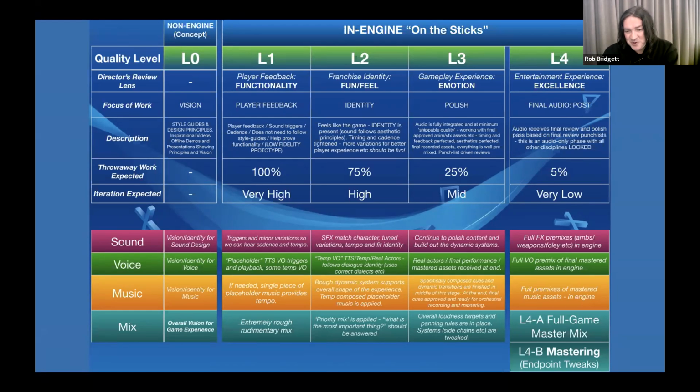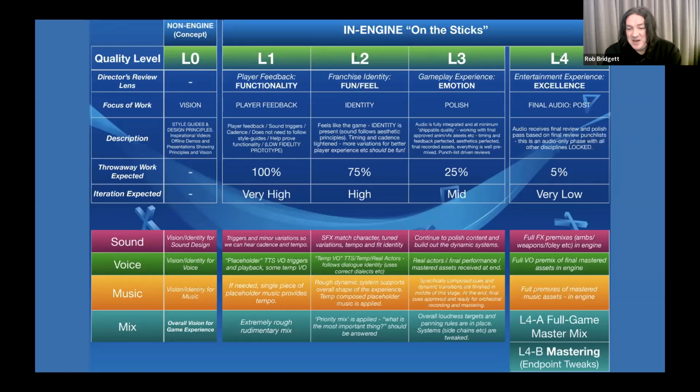So that moves us to L3, which is then very polish focused. We're adding in the systems and the variations. We're making it feel really good. By this time, the visual side and the animation side has been refined as well. So we're working with a feature which is fairly stable. In L1, the stability of those features is so low that you can't even have time to polish that stuff, because actually in L1, features are even getting cut from the game. New things are getting added, and that can happen on a daily basis. So the amount of iteration declines as you go through this L-level process as well.